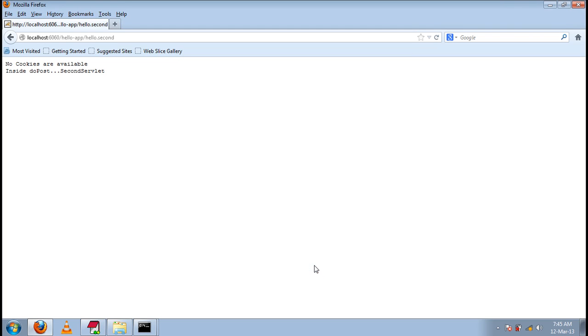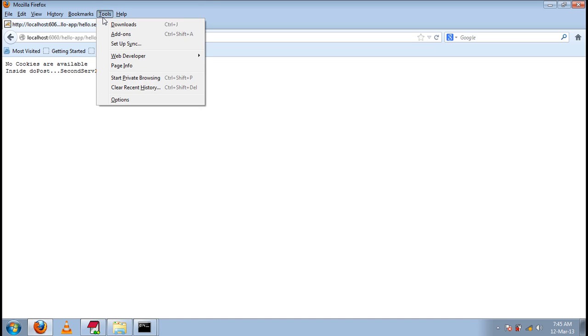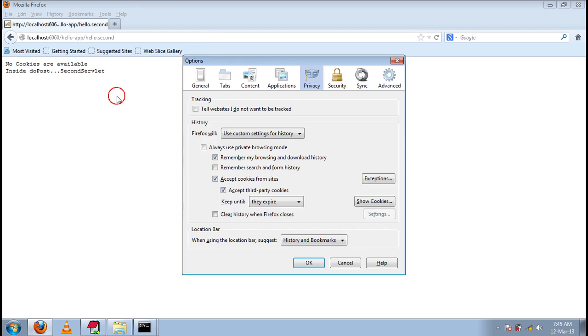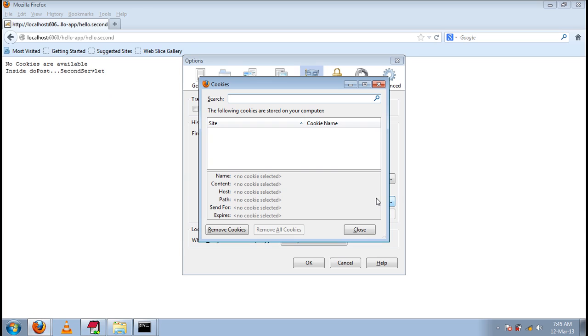So the cookies are being removed. At any point of time we can remove the cookies. But if we try to manage the session using cookies, and we can remove all the cookies at any point of time, then it's not a correct thing.